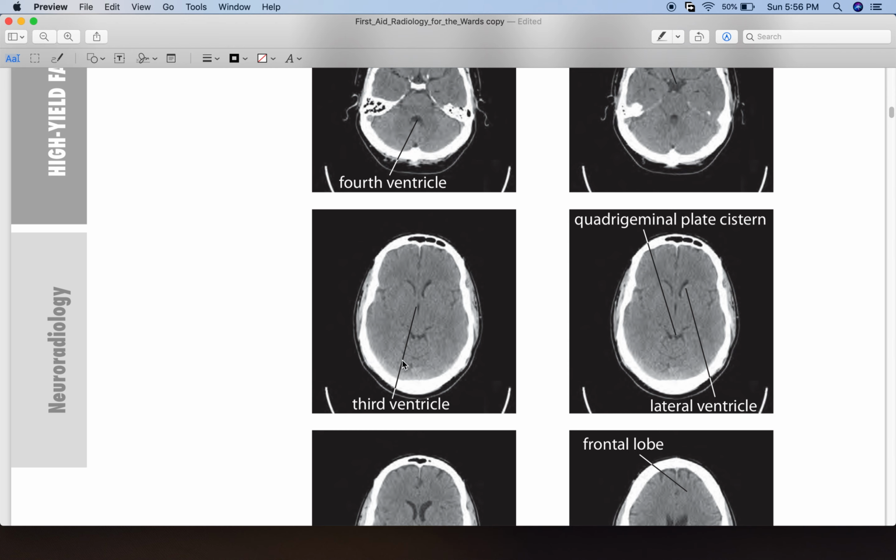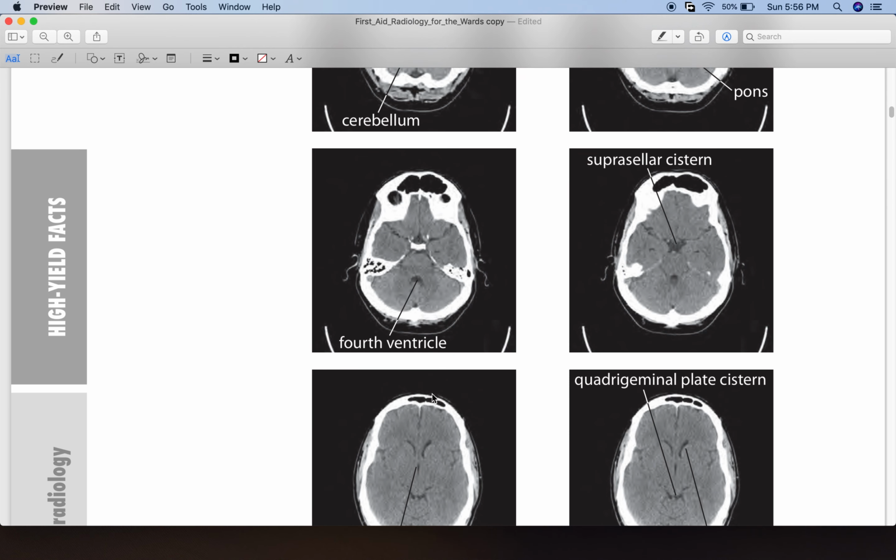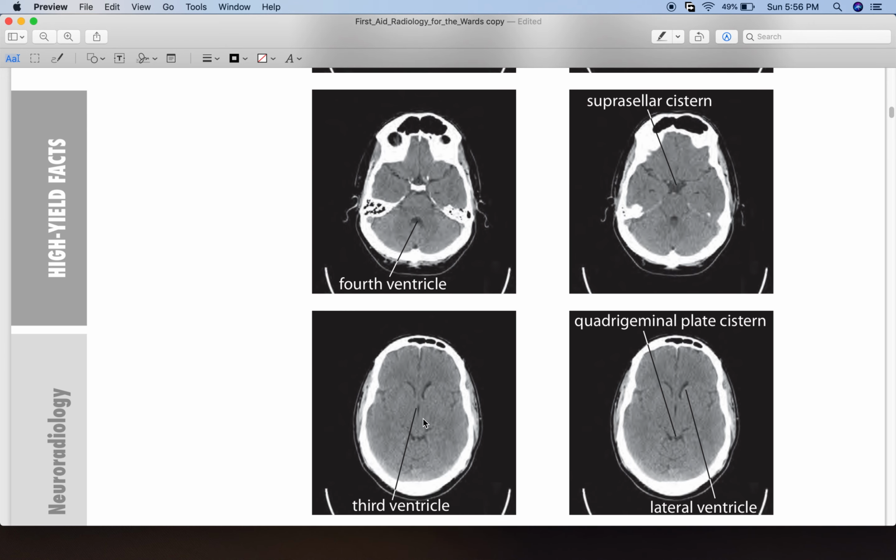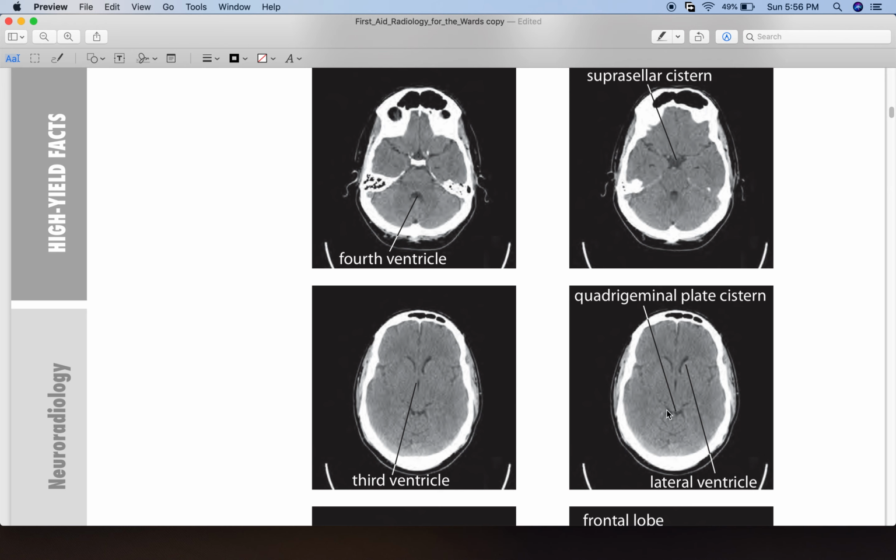Next up, in this picture on the left, we can see the third ventricle. We can see the third ventricle here in the middle when the frontal sinuses started to disappear and decreased in their size. You can see that the size here is big, and here they started to disappear and have already decreased in size. On the next picture here,